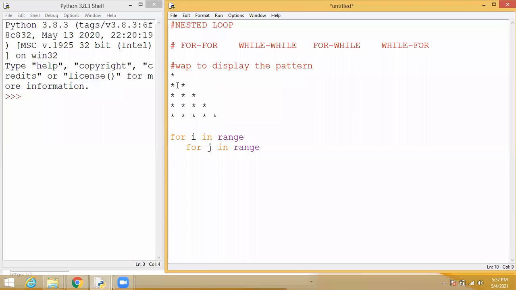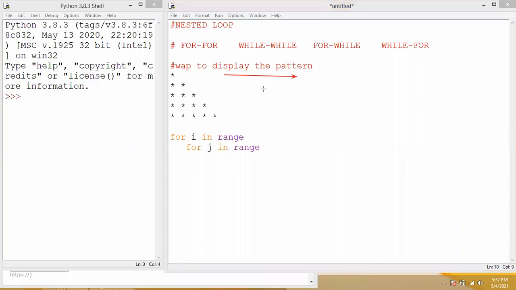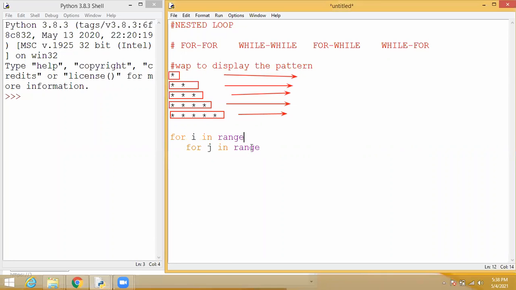Here these are the number of iterations: first iteration, second iteration, third iteration, fourth iteration, and the fifth iteration. The number of lines is the number of iterations; that is the outer loop. We have to specify the number of times it will execute. But in every loop it will display like this: first loop, it will show 1 star; second loop, it will display 2 stars. So these are inner loops. Students understood? These arrow marks are the outer loop, these boxes are the inner loop. So you have to set the values according to the outer loop and inner loop.